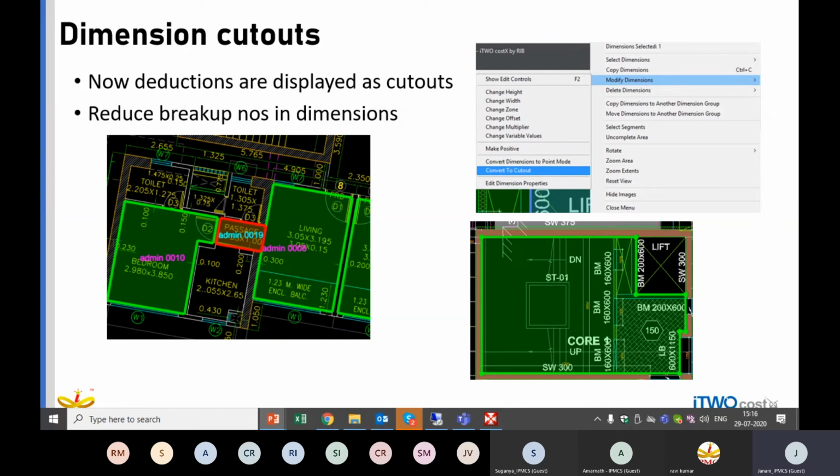We can convert the negative area or the negative reductions we selected into a cutout. So instead of two different dimensions, two different quantities, it will now be converted to a single quantity. You can see in this picture, this single area has the negative reduction quantity, whereas in this picture it has been converted as a cutout.